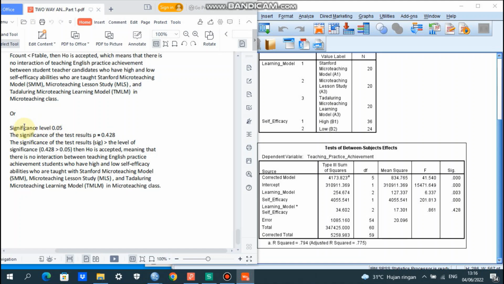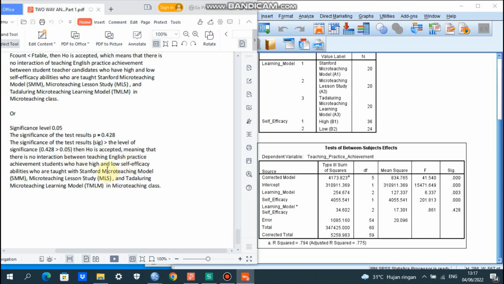Or if we want to use significance level 0.05, we can look at the significance of the test result, here 0.428. The significance of the test result is more than the significance level 0.05.